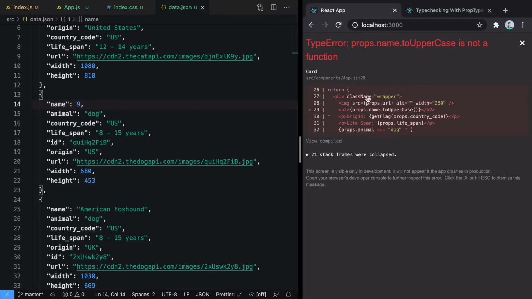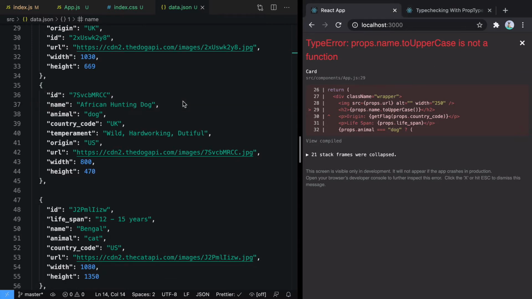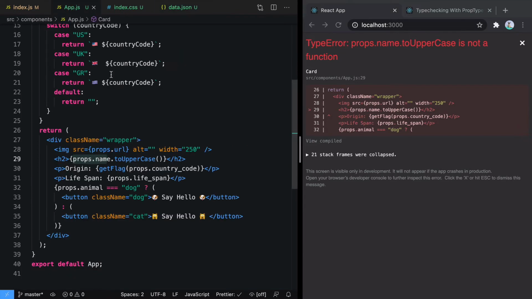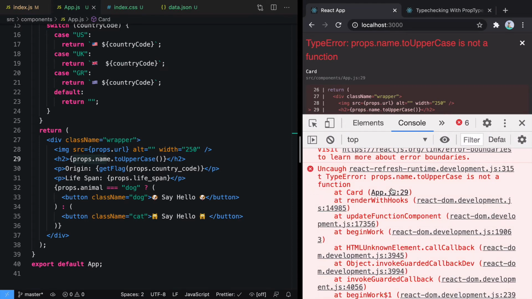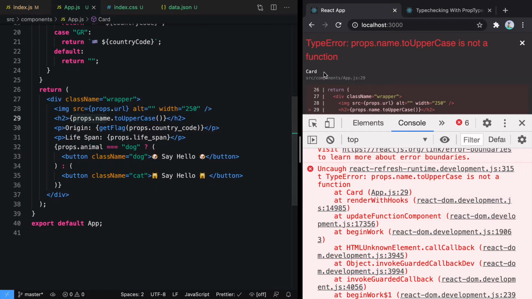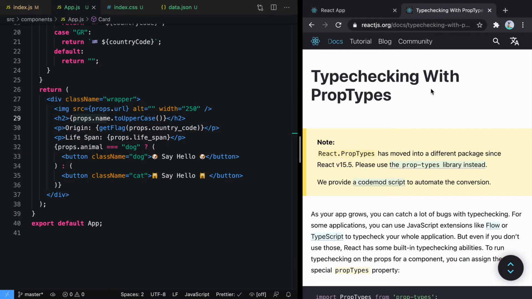To understand why this problem is happening, we will have to go through the whole JSON data. And sometimes the list of data is so big that we are not able to find the real problem, so it takes a lot of time to find where it is happening. So how can we fix this problem? If we open the console, we also don't see any error that can help us understand the problem easily. That is where type checking with prop types comes into play.